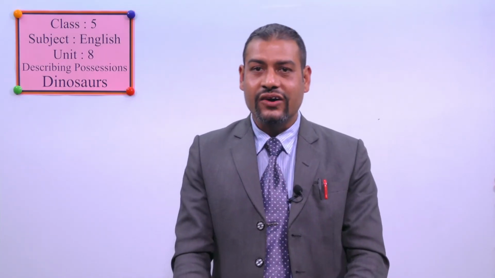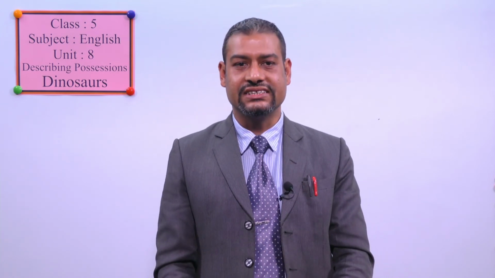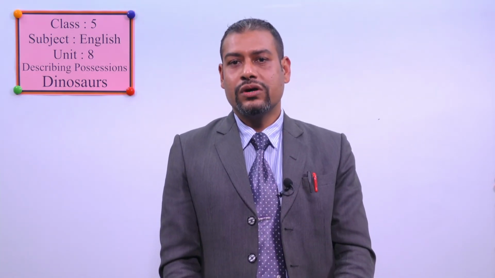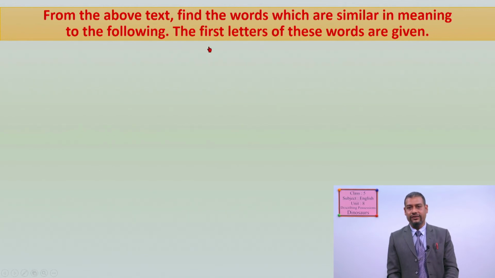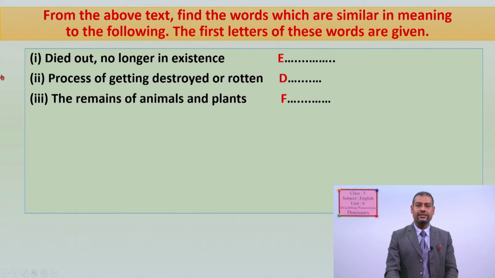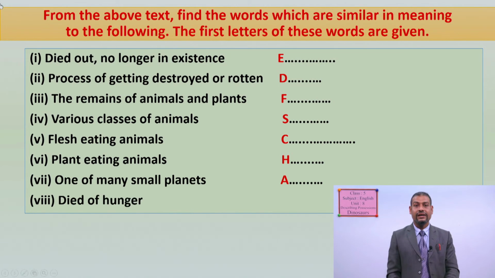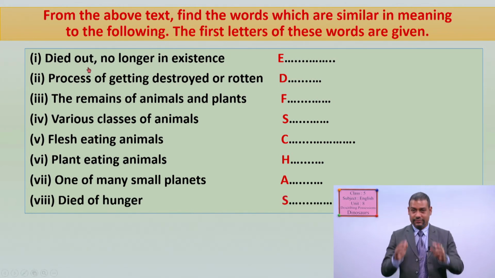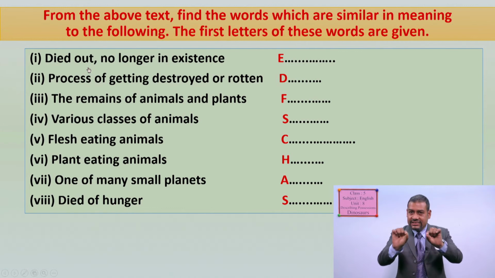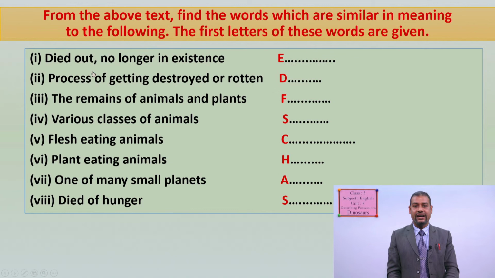Dear students, now we are going to do some exercises. From the above text, find the words which are similar in meaning to the following. The first letters of these words are given. So you have to find out the words for these meanings. See, I have already told you the meaning. So you have to just tell me, and later on you can write it down at your home in your free time. See, number one, died out, no longer in existence. So what is the correct word? You have to start with E. So that is, yes,